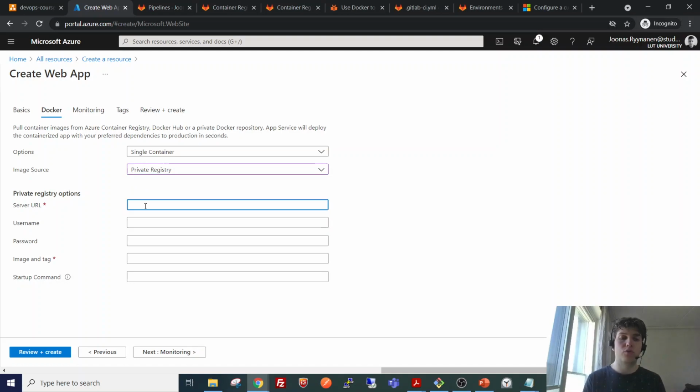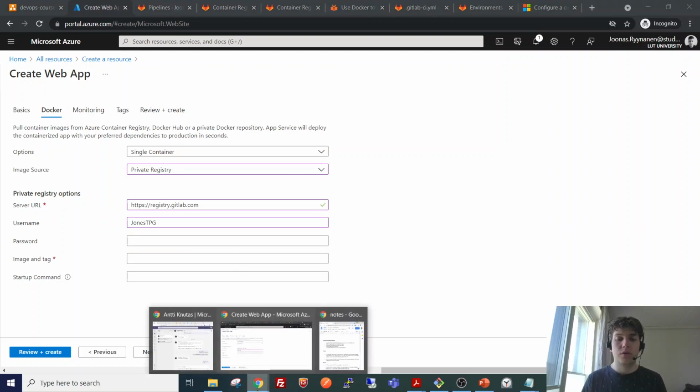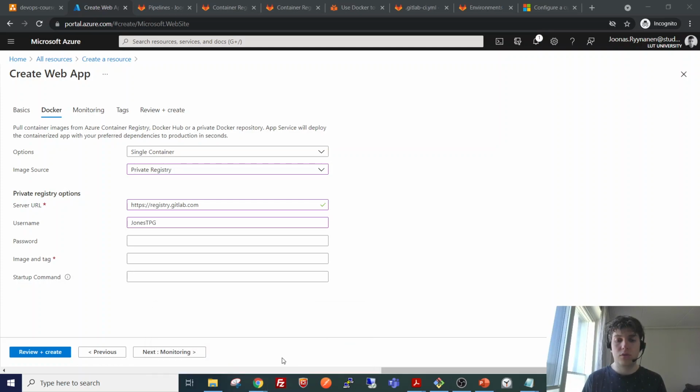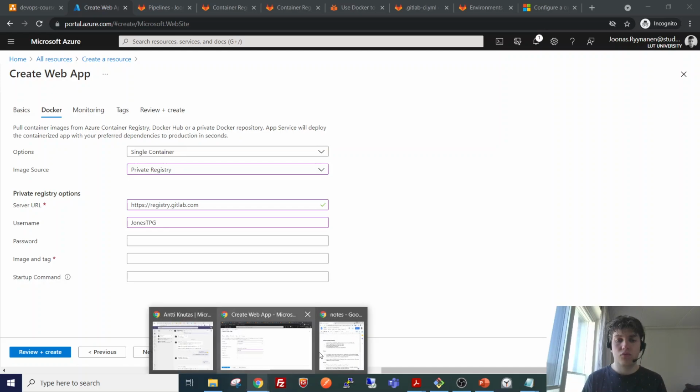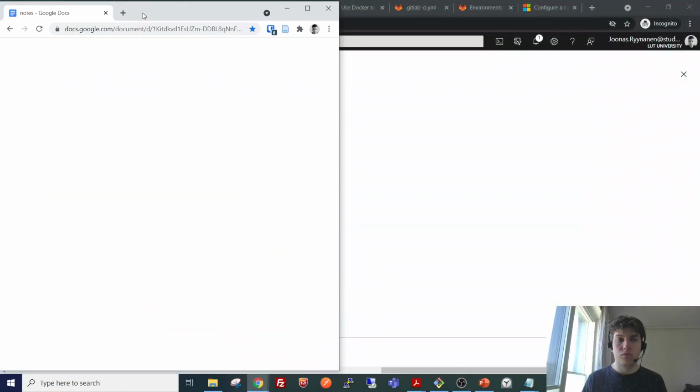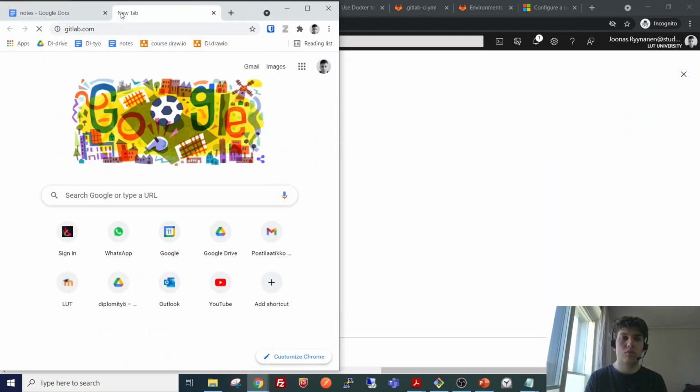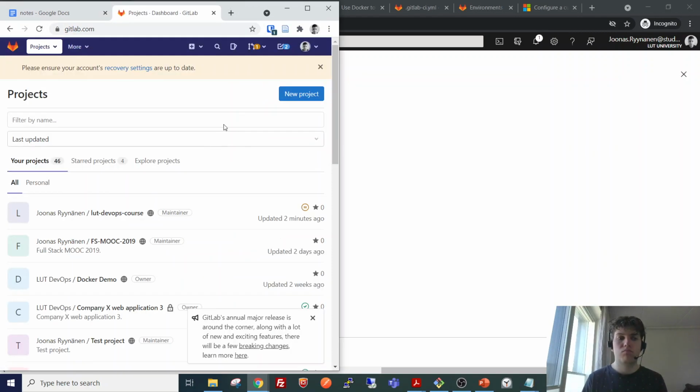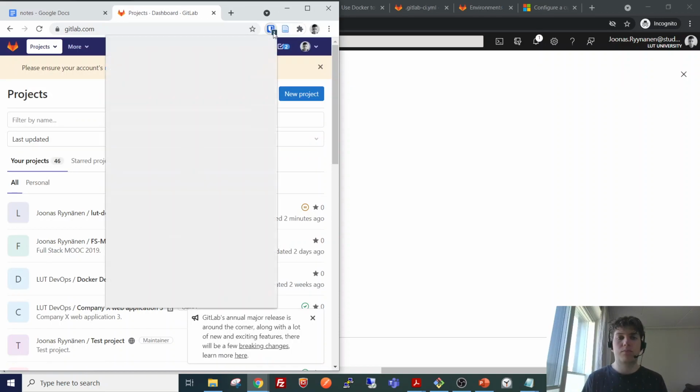So the server URL will be the GitLab URL. Username will be the GitLab username, and password will be the GitLab password. Let's see how I can get it here.